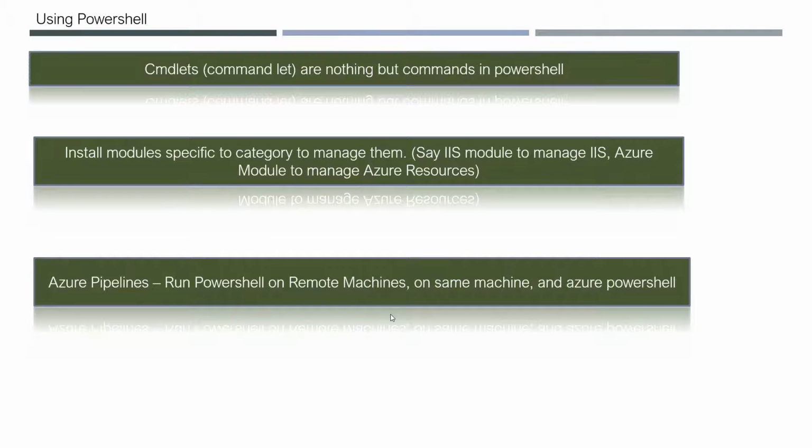That's why we call them remote machines, because anything that is not in front of you is remote. So I am deploying some code from an Azure release pipeline to some server. That is a remote machine, because you are not deploying from the same machine. You are deploying from one machine to another. So it can be a remote machine, or you can run the PowerShell on the same machine, or you can run it from Azure PowerShell as well. So far we were using the Windows PowerShell command prompt, but in the Azure Portal also we have a PowerShell window. We'll be using that one. Don't worry.